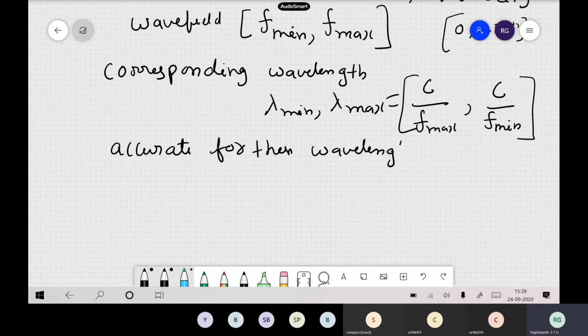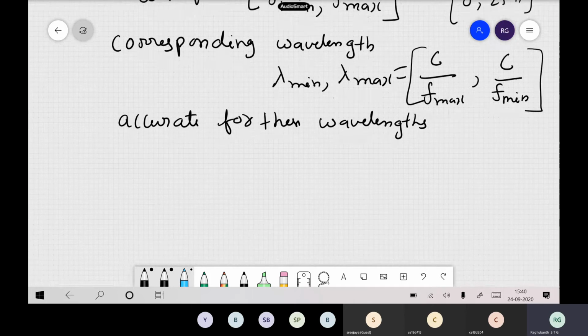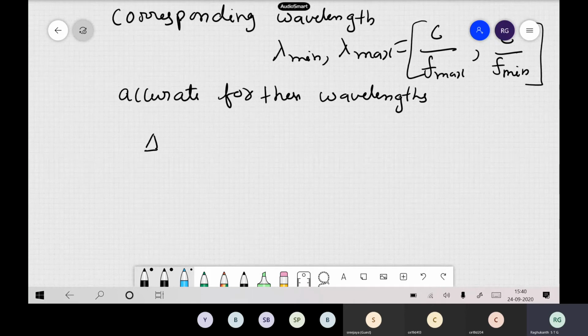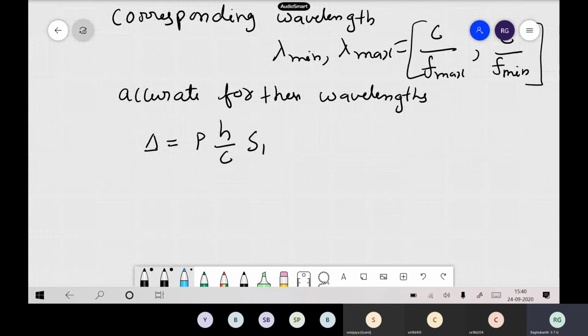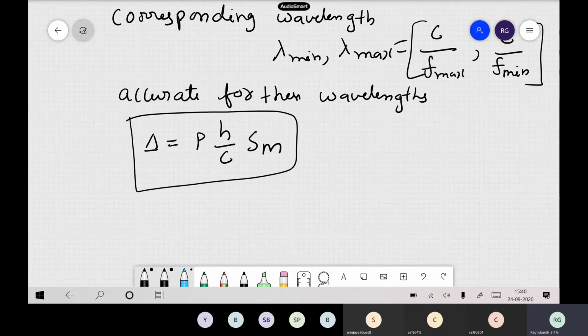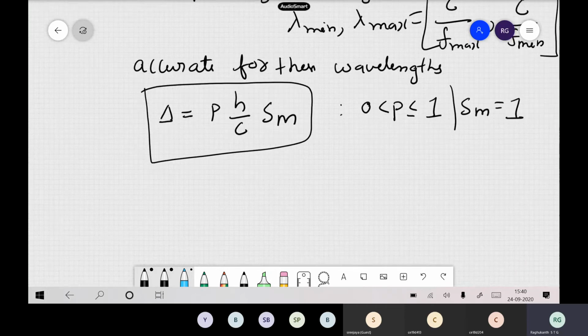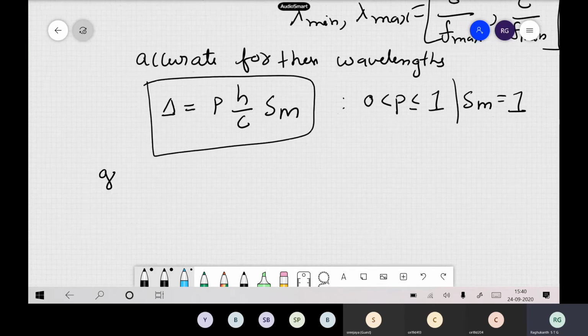Now we have to select the scheme. Our stability condition is given by delta equal to P H by C SM. This is the main Courant stability equation, and we have said if the scheme has to be stable, this has to be less than 1, and SM anyway is equal to 1. So now, on the grid dispersion,